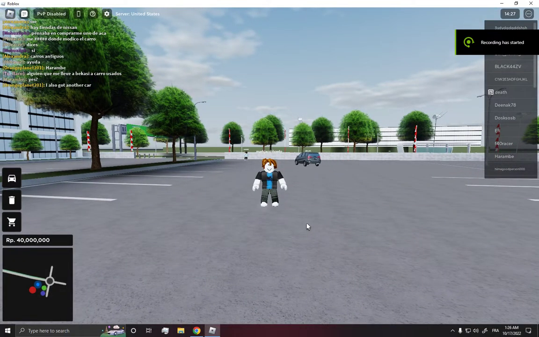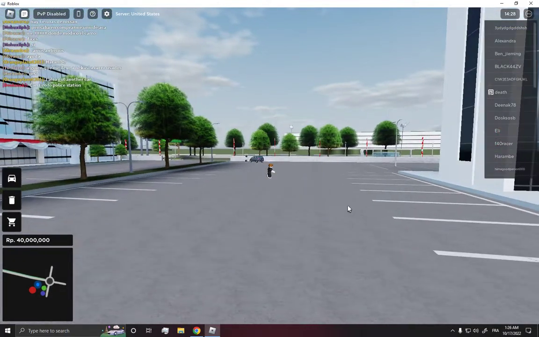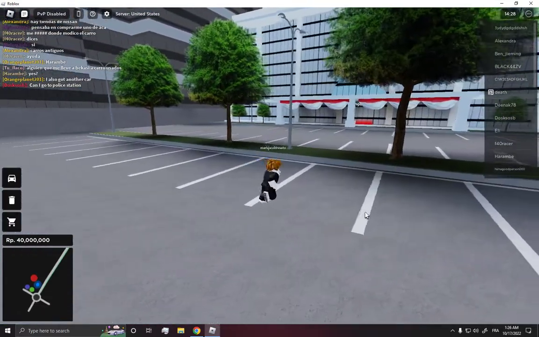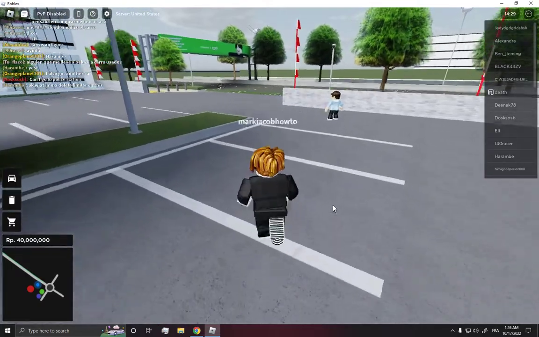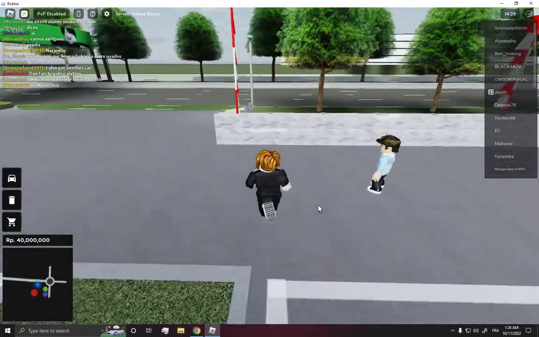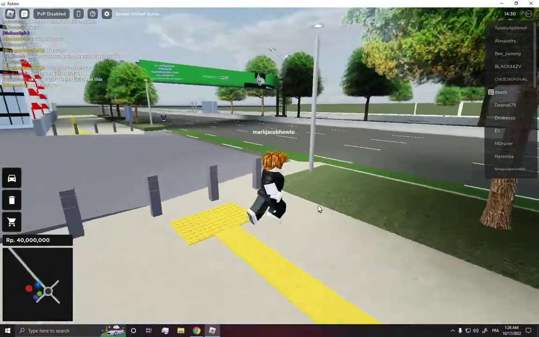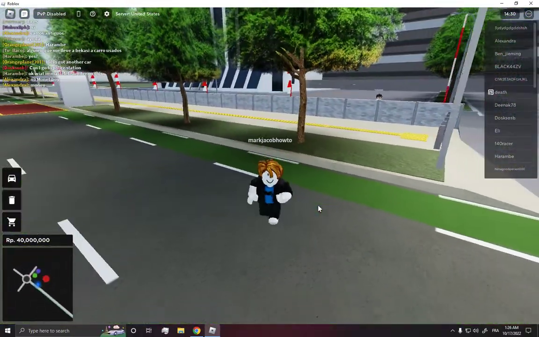Hello guys, in today's video I'm gonna show you how to make Roblox faster and fix lag problem. So all what you have to do to fix lag is very easy. Just open any server on Roblox, like this one for example. It's cars